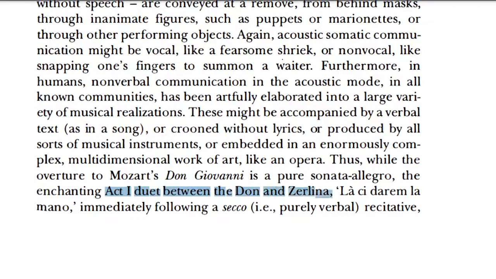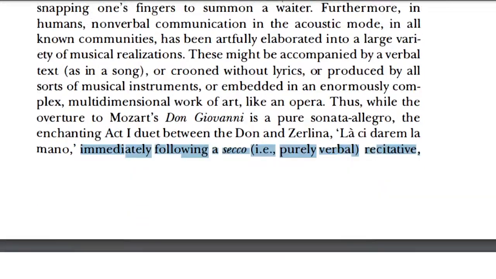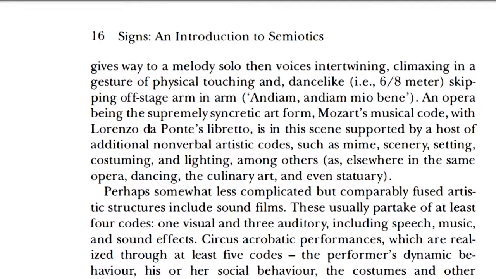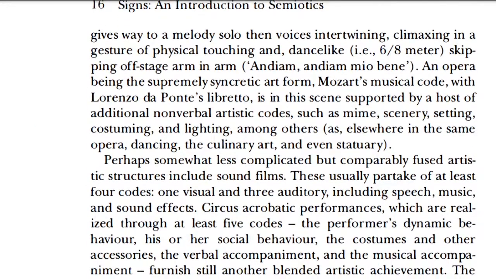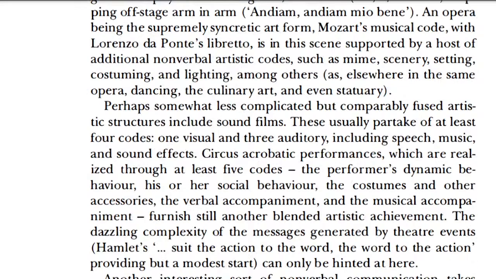Don Giovanni and Zerlina, La ci darem la mano, immediately following a secco, purely verbal recitative, gives way to a melody solo, then voices intertwining, climaxing into a...